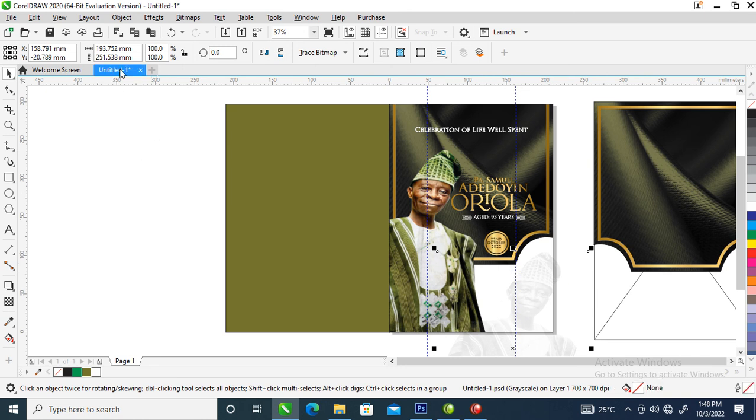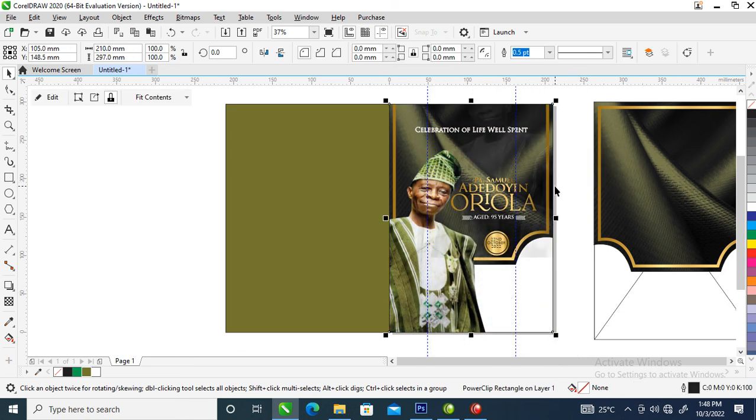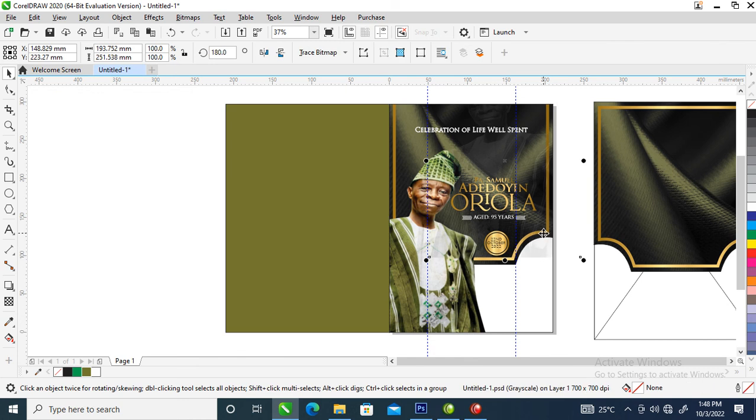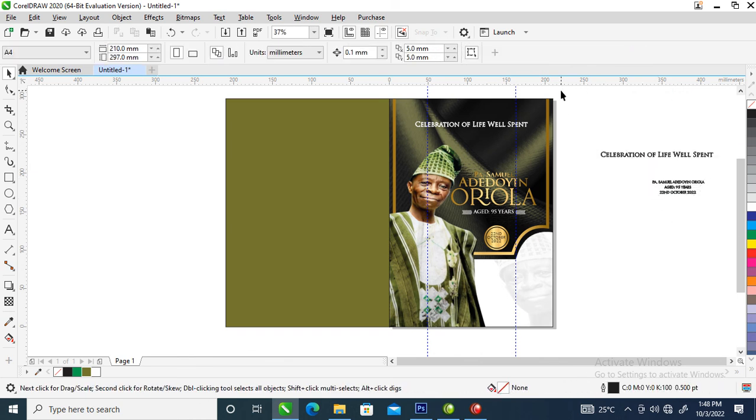So what we are doing right now, let's mirror that picture, then you pack clip into place, then hold Alt key, select the object that you created, then you adjust it just like so. Good. So make it a little bit bigger, position it to the extreme end just like so, then we are good to go. So right now the next step is to create